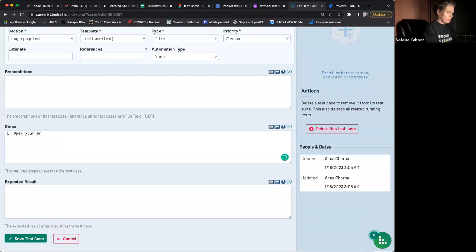open your browser, go to your site. Go to site, not necessarily yours. It's not yours, it's someone else's. So go to site 3, locate the login text box, and leave it blank and